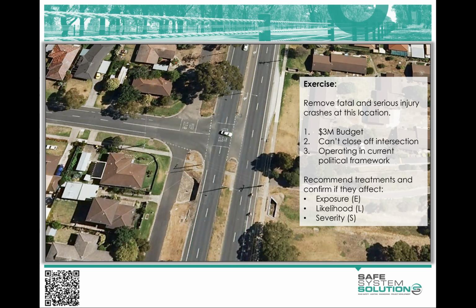Thanks. That's a bit expensive, and I must have read Reese's mind because he was asking the cost for a roundabout as well. So just in the chat, if you want to type in your cost estimate questions or your suggestions for what you might do to remove fatal and serious injuries here. Cost for a signalisation, please, Ken. Yes, okay. To signalise the intersection is $1.9 million.